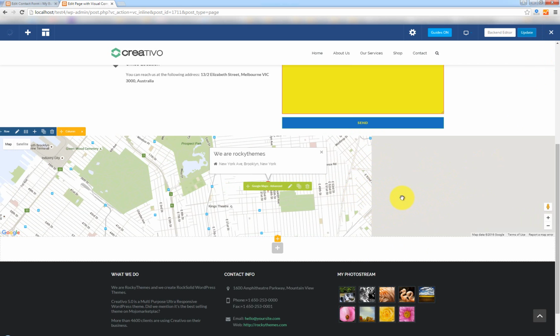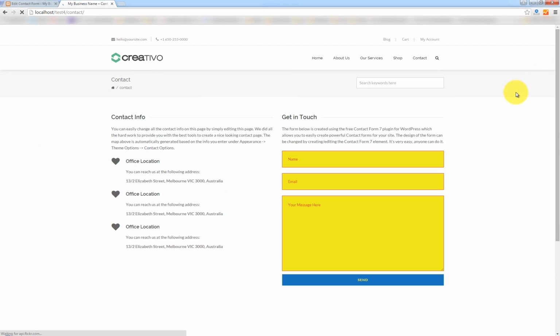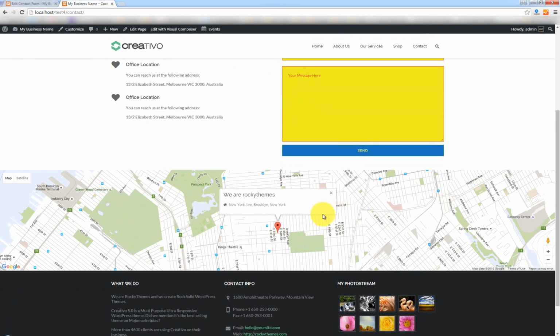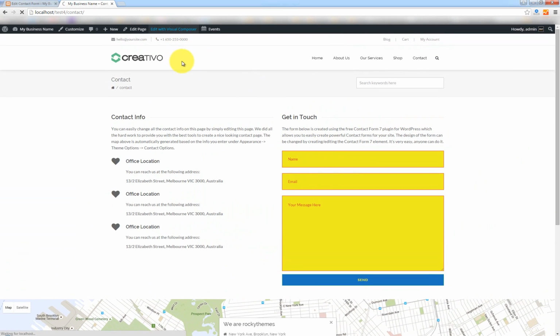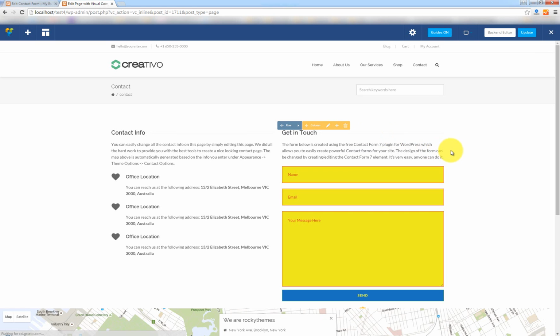Don't worry about this. Okay, let's close and see how our page looks like now. And as you can see, we have our Google Map at the bottom. You can actually do even more changes for this page. For instance,